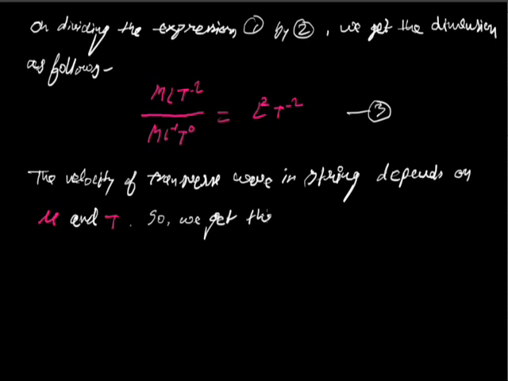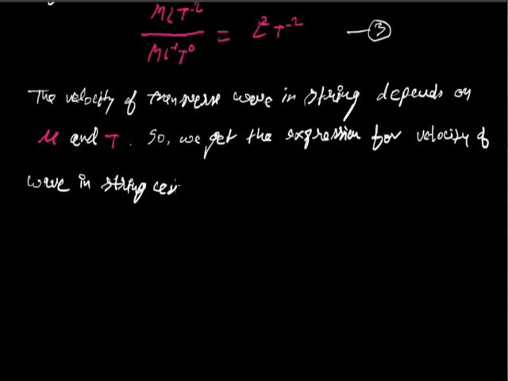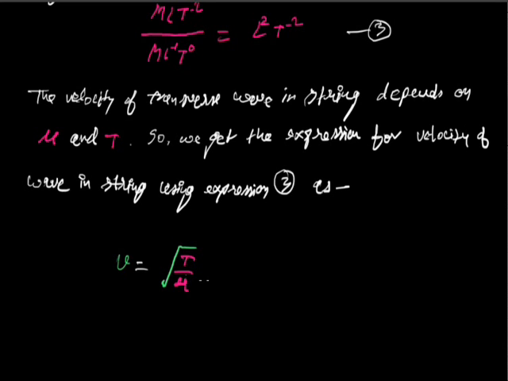So we get the expression for velocity of wave in a string, using expression 3, as V equals square root of tension divided by linear mass density of the string, because here